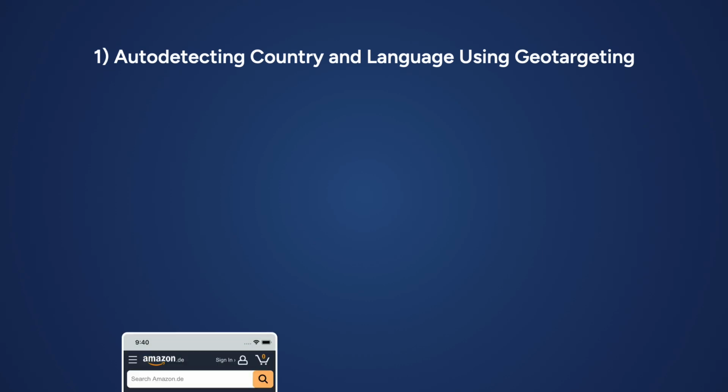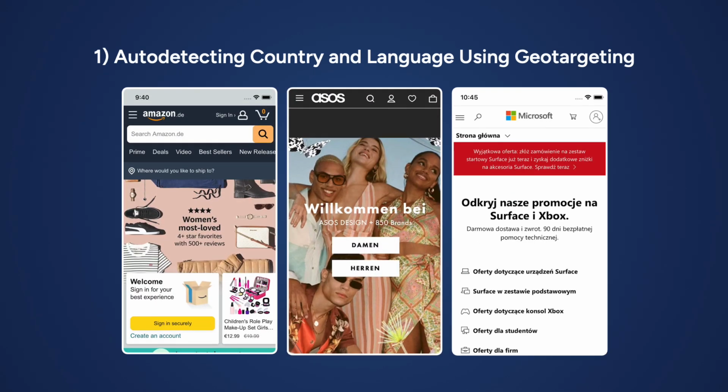Auto-detection of location by IP geotargeting allows country and language preferences to be set automatically. The benefit is that it's seamless. The user can start browsing the site immediately without interruption. However, the downside is that it can sometimes select the wrong country or language, for example, if a user is